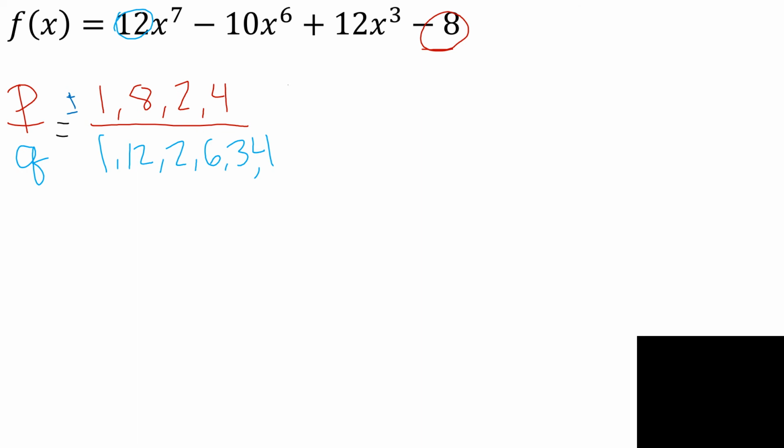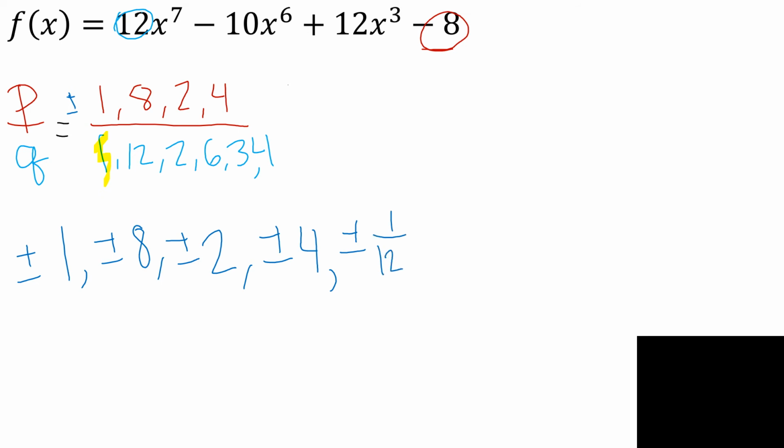So I'm just going to start with the first term and work my way through. So my first P term is 1 over 1. I've got 8 over 8, 8 over 1, 2 over 1, and 4 over 1. And then I will move on to, and I'm just going to mark things off as I use them here on the bottom. Next I have 12,